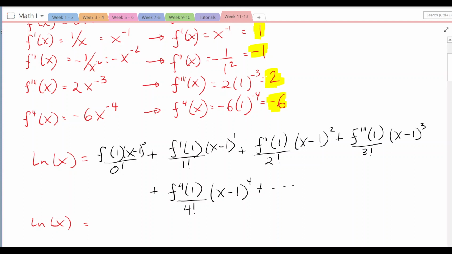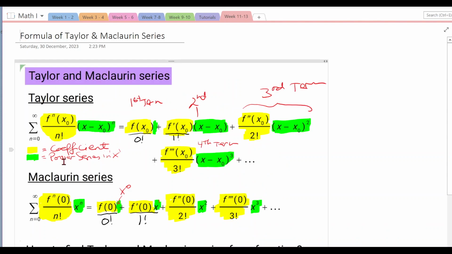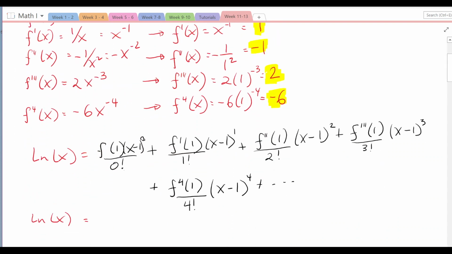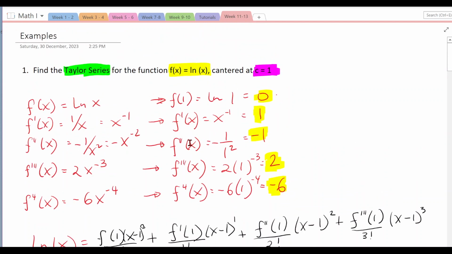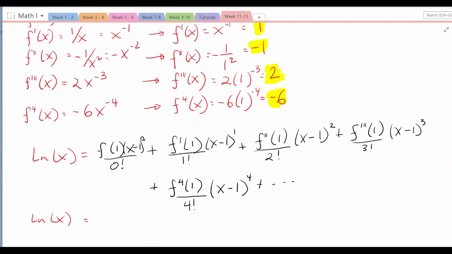1 is multiplied by 0 become 0. So as you can see, now you have the patterns at the first term, because the Taylor series started at n equals to 0 until infinity. So you can put 0 as the first term, and then as you can see here, the first term is f1, equals to 0. So 0 multiplied by x minus 1, and the whole thing will simply be 0.